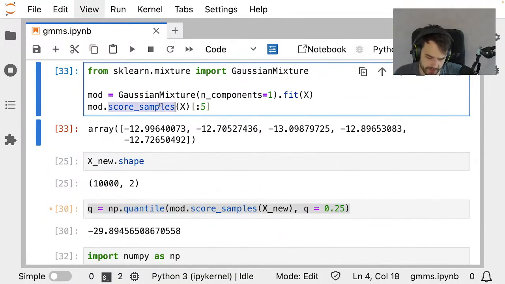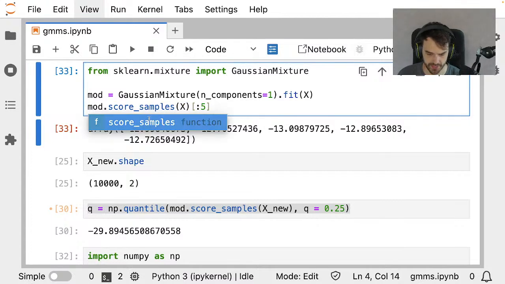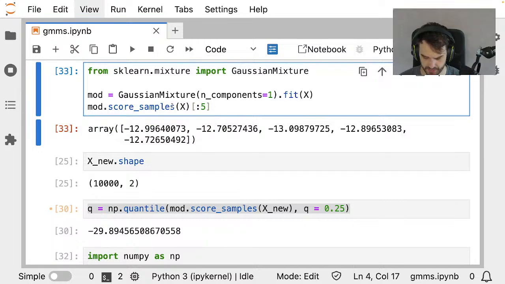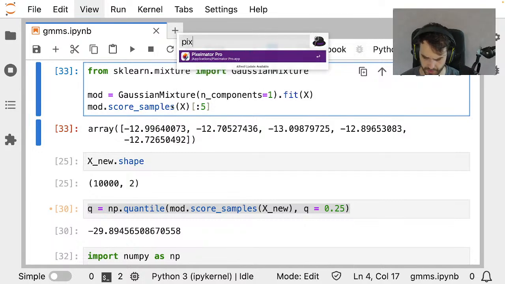So, score samples. I'm able to score samples here. And what that basically does is... actually, can I just use...